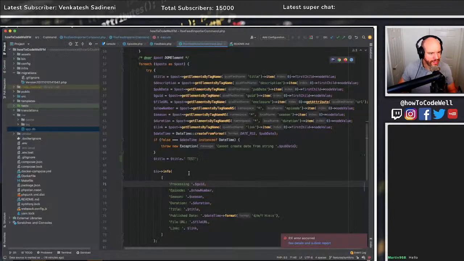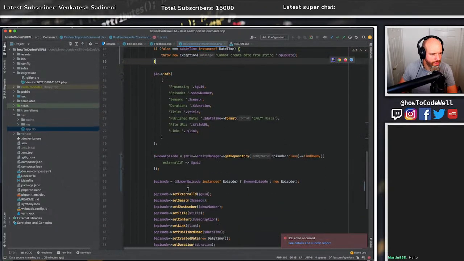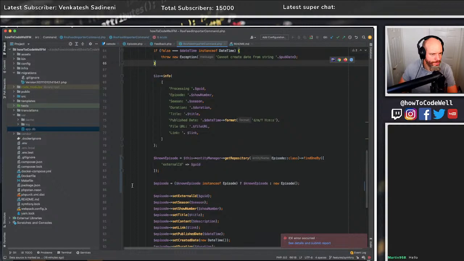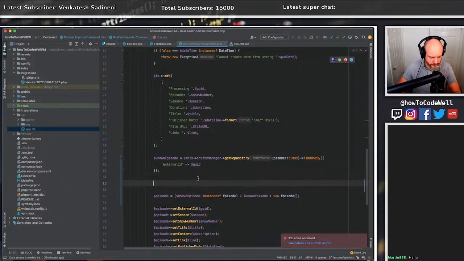Cool. I'm going to add a little bit of logging to this because I think what I need to do is possibly split this out. Yeah, I mean, that's great in terms of a pragmatic way of getting whether it's a known episode or not, but it would be nice to have some logging around this. I suppose what I could do is if,